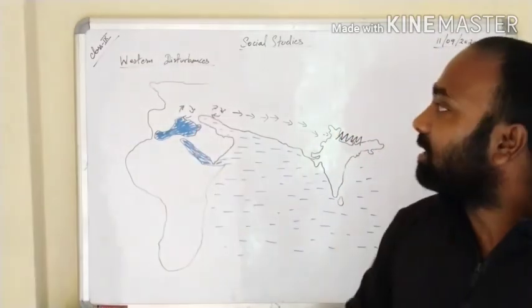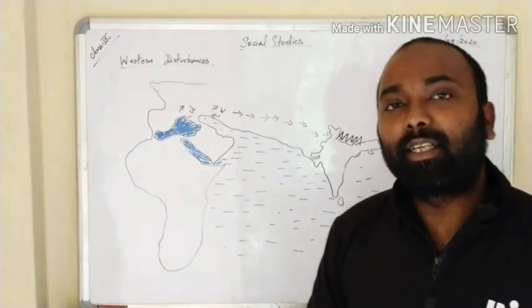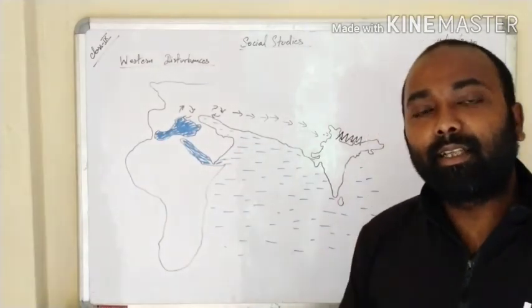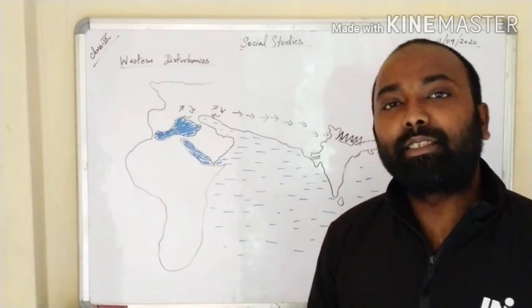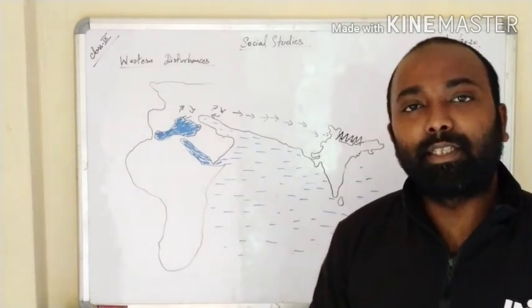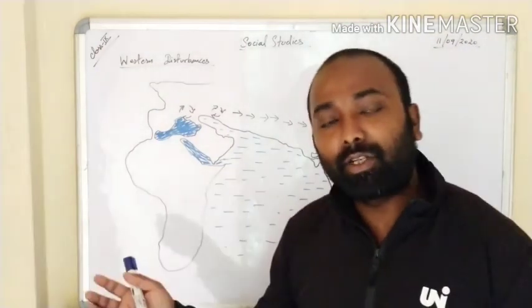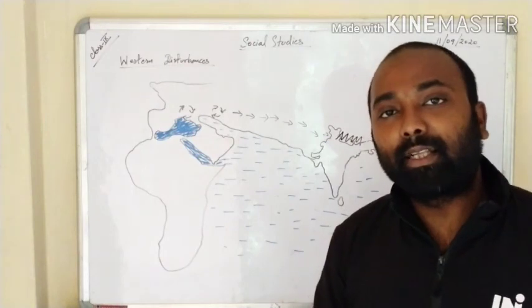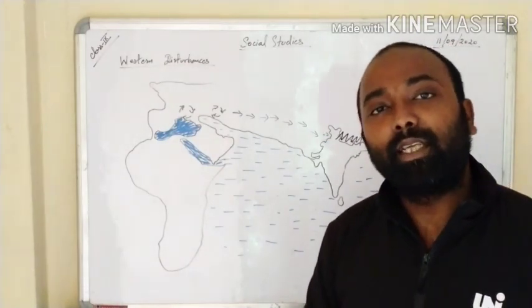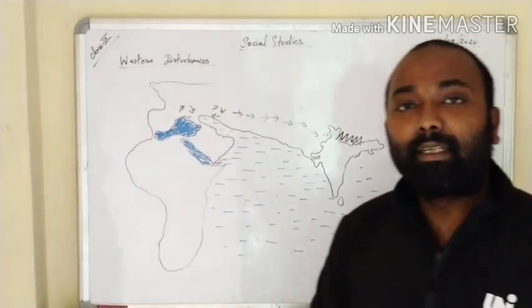Today, we are going to discuss the Western disturbances and some of the other factors that influence the climate of our country. In the last session, we understood that altitude, latitude, and the jet stream influence the climate of our country. Today, we will continue the chapter with the same topic. We will discuss the Western cyclonic disturbances, and after that, the monsoon in India. So, let us first understand the Western disturbances.